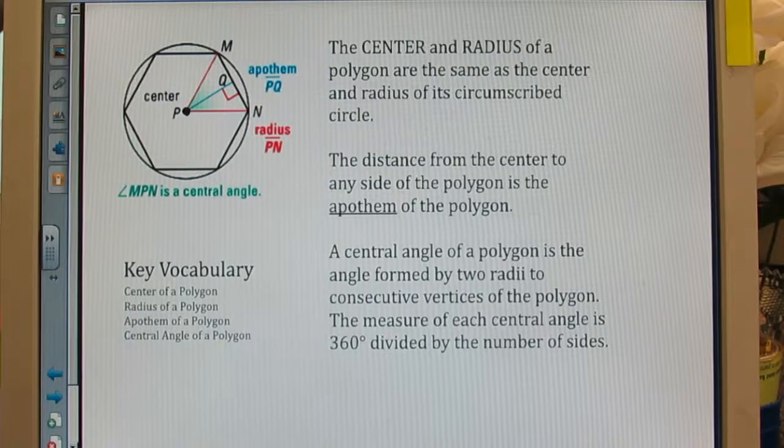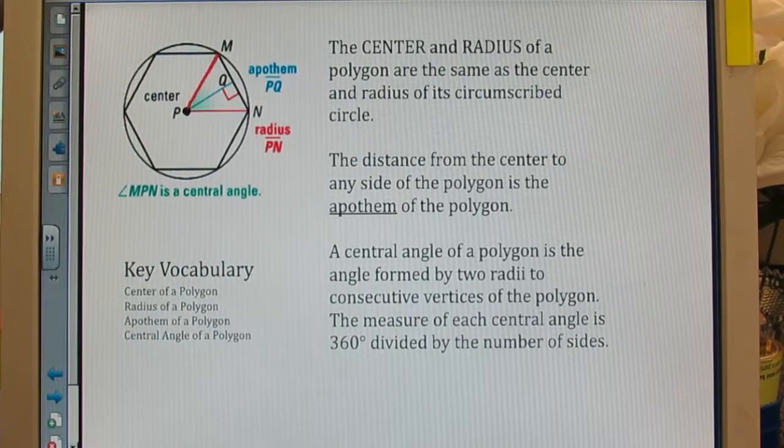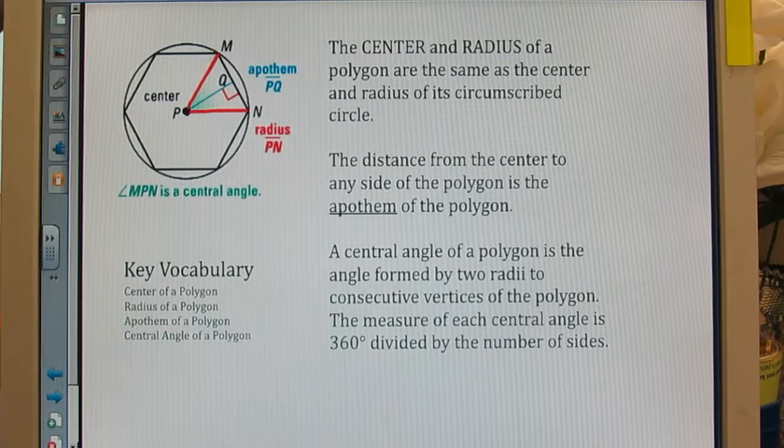And PM and PN are both going to be radii of my polygon. They go from the center to a point on the circle, so they're radii of circle P. But they also go from the center to a vertex of the polygon,